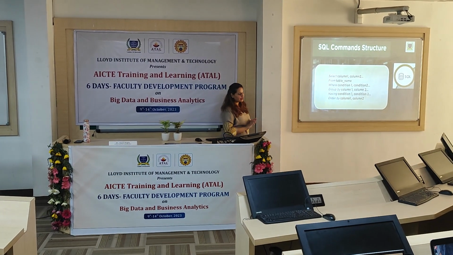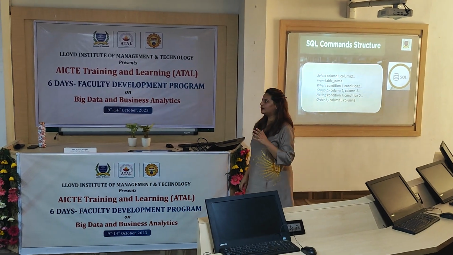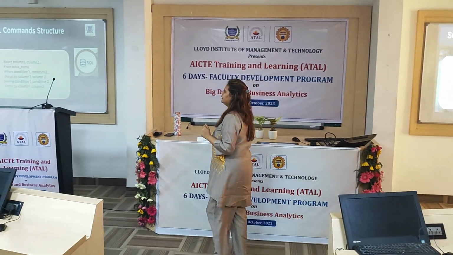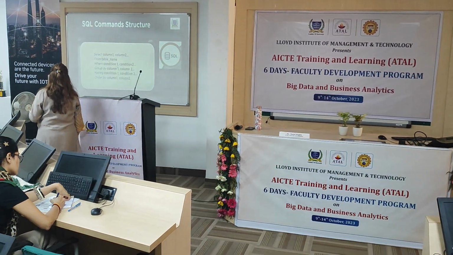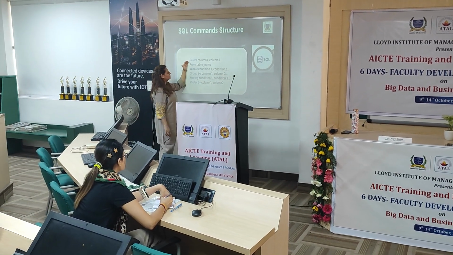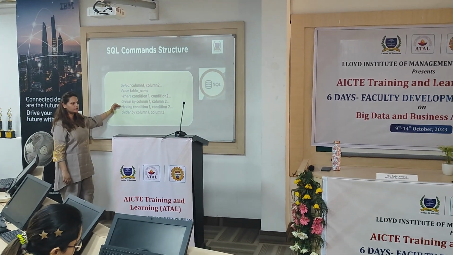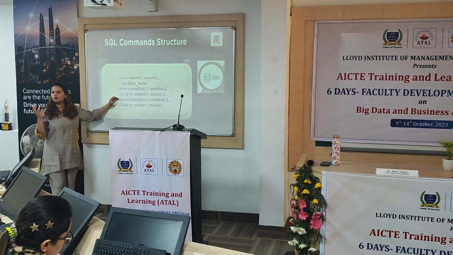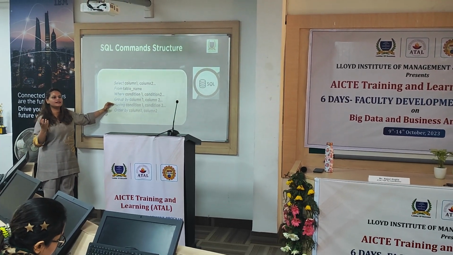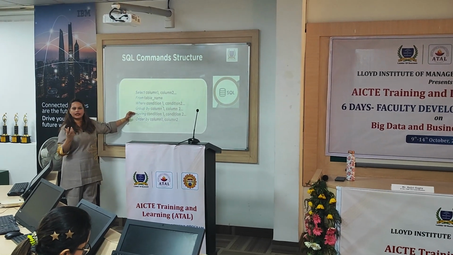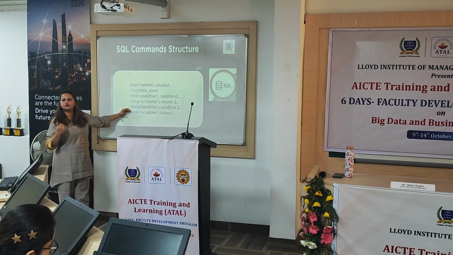So first of all, I would like you to note down this particular syntax because now we need your laptops or your system, right? This is the structure which we will be following till the end of the session. We'll start with select, then we move to from, then where, and it has group by and having clause. Group by is basically that you want to group your data through the help of a particular column. Let's say group by city, group by department, group by gender. Having clause is used because you cannot write where twice.